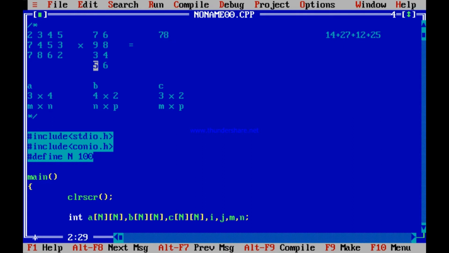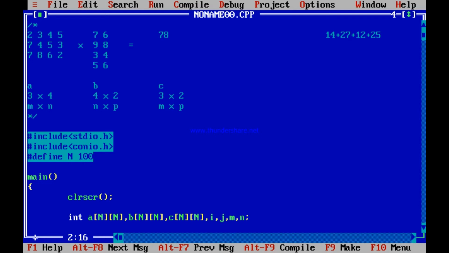3 cross 2, there has to be 3 rows and 2 columns. 2 columns means 2 elements in the 0th row. What is the next element in the 0th row? See, it is this row and this column, the 6, 8, 4, 6 column. That is, the 2, 3, 4, 5 row will be multiplied with the 6, 8, 4, 6 column.